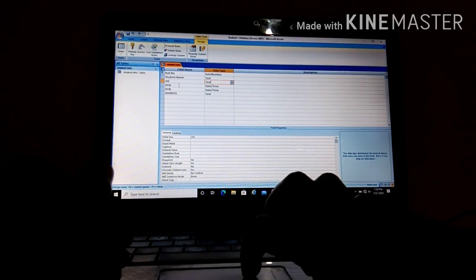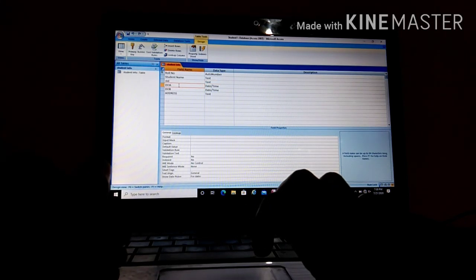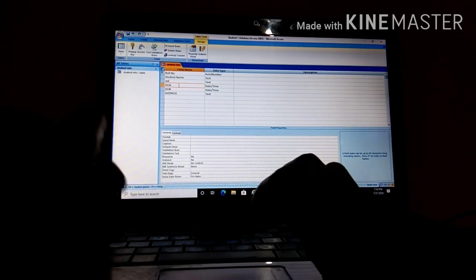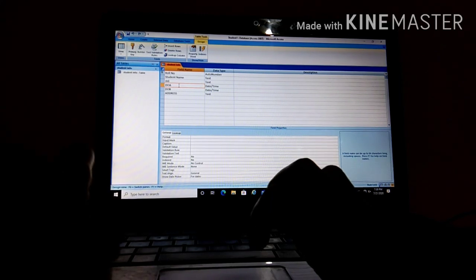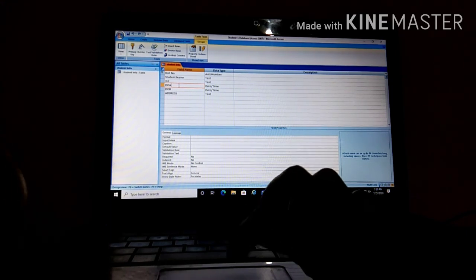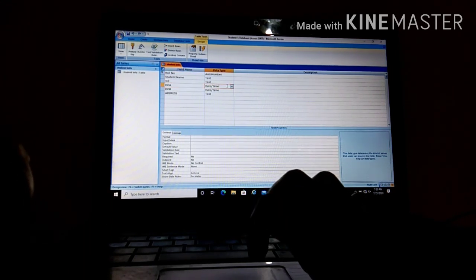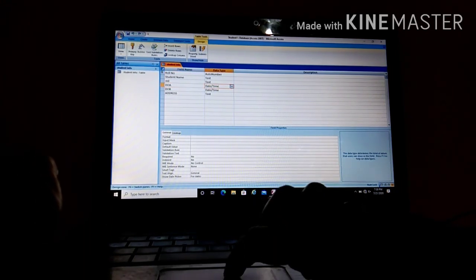Okay, now the next data field is date of admission. Here it is clearly said that we are going to enter the date. So it is not a text type or a number, it is exactly the date and time format. So here we have the date and time data type.